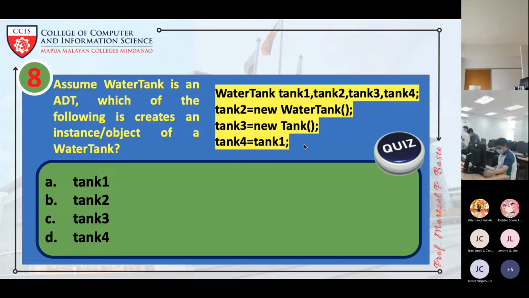A. Okay. Yes. Letter B is correct. Okay. The question is which one creates an instance or an object of a water tank? So that would be the second one, because the first one is only declaring the object. The tank 3 is wrong declaration or instantiation. Yung tank 4 is